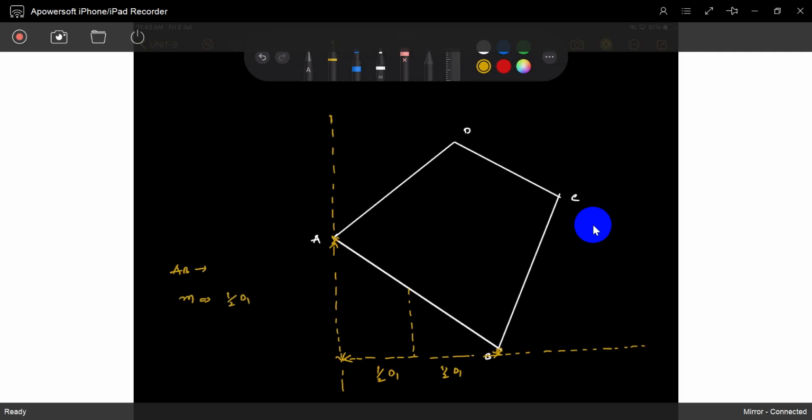For the line BC, what is the meridian distance? See, it is this, half of D2. I call it D2 for line BC. But what is meridian distance? The meridian distance is not only for BC. Meridian distance is half of the departure distance from the reference line. That's why it is called a meridian, not a departure.